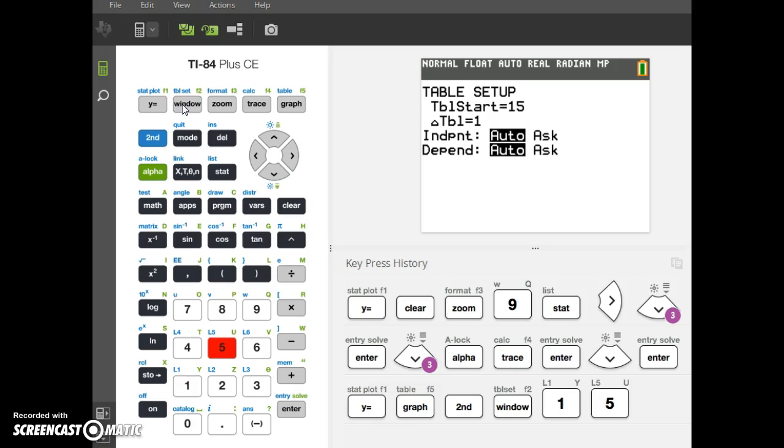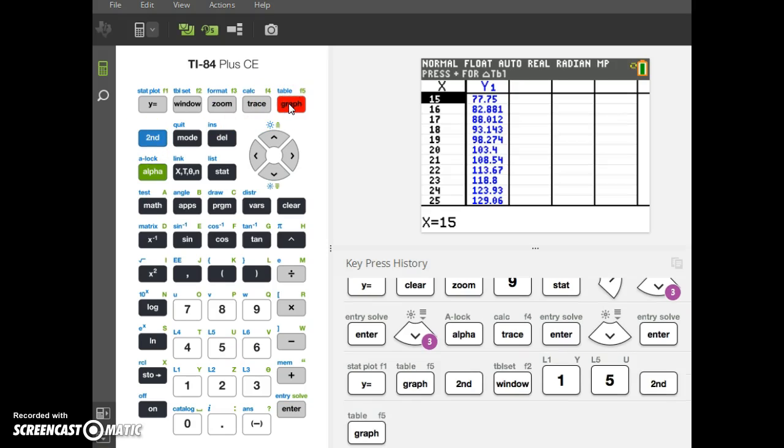And then to get the table, do second graph. And there's our answer. So the input is 15, our output is 77.75. So working 15 hours would give you